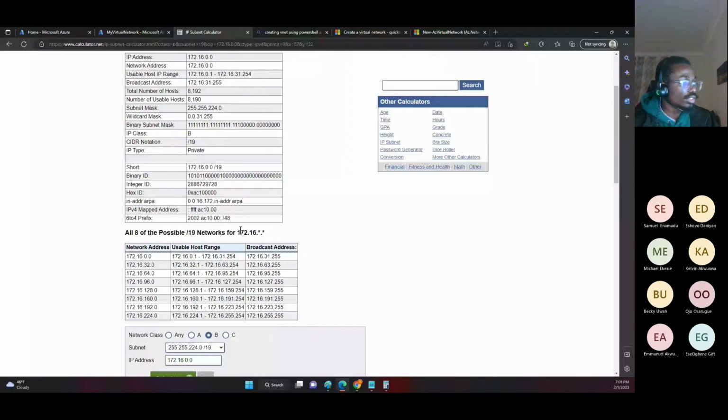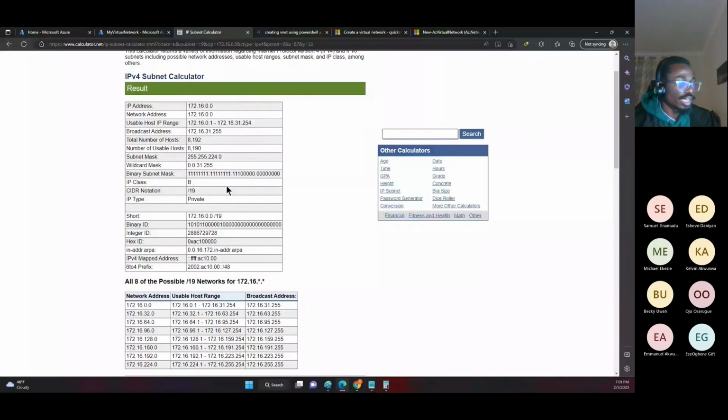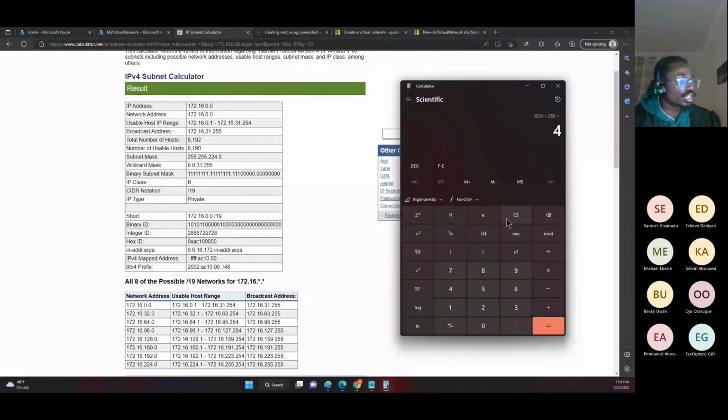So this is looking like a lot, right? So what I will bring, the calculator would do the job for us. If we still say we are borrowing 3 bits from this place, it simply means we want to create networks, and it's 2 raised to the power of the 3 bits we are borrowing. So this is 8. That means we are creating 1, 2, 3, 4, 5, 6, 7, 8 networks. So that 8 network just means